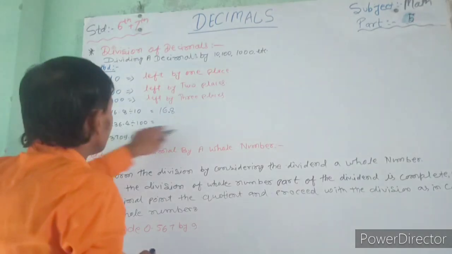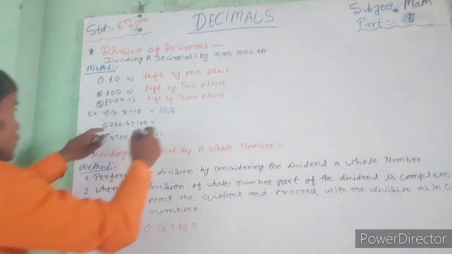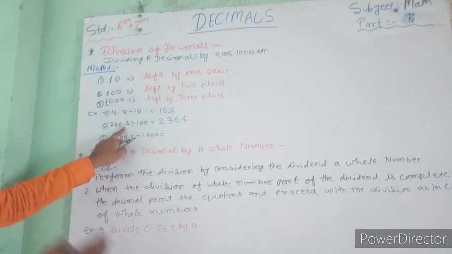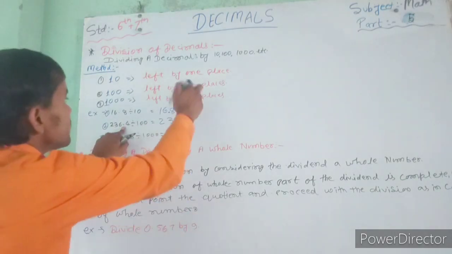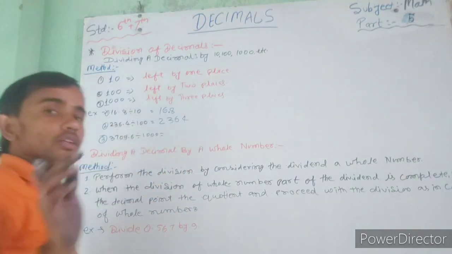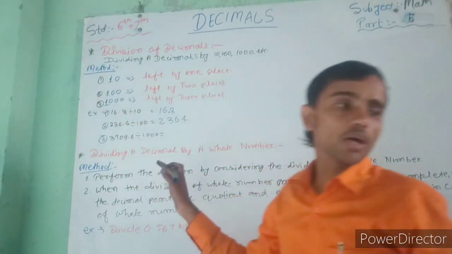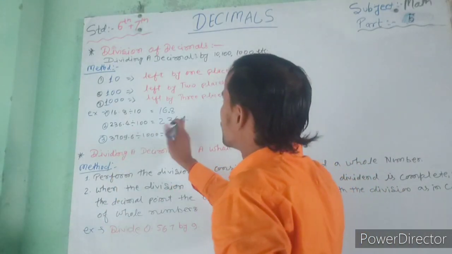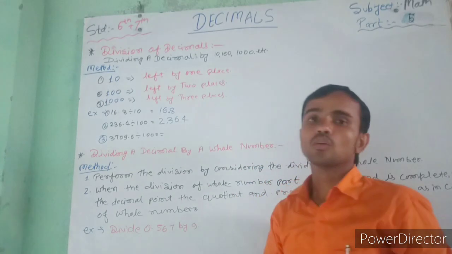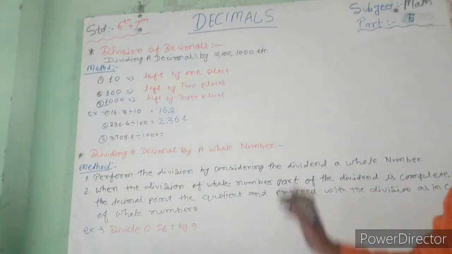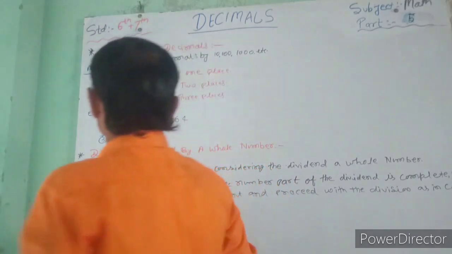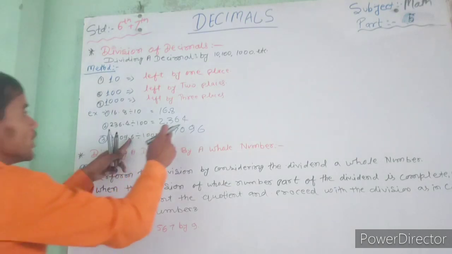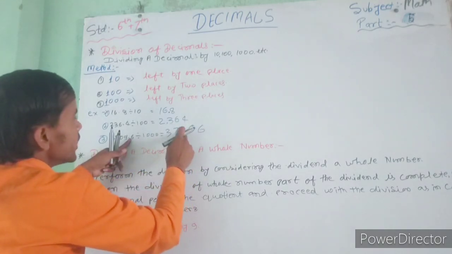Next, when you divide with 100, first you write your question: 2364. And here is your point. You go left by how many digits? Two places, 1, 2 places. You count the number of places. Firstly, see where the point is available. 1, 2 places, and that's your answer. When you divide, the point goes two places to the left. Next, for 37096, your point is here, and you go three places: 1, 2, 3 places.